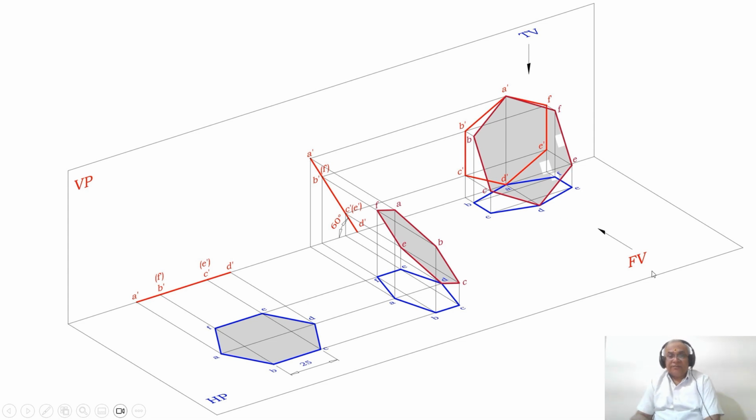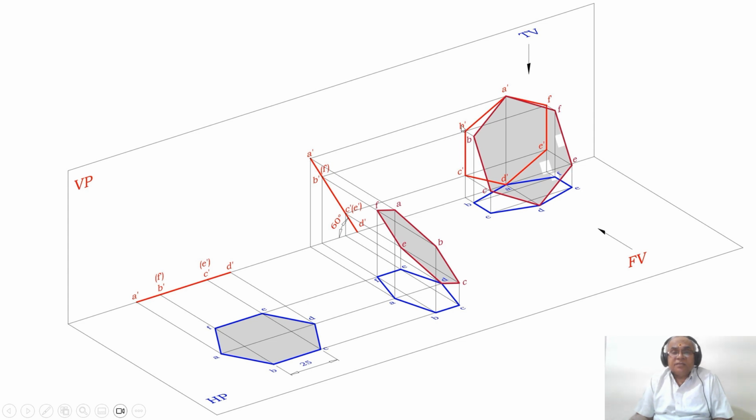And as you look from the front view, B is projected to VP, F is projected to F dash, C is projected to C dash, and E is projected to E dash, and of course D is there on the XY line. So then, as you look from the front view, you can see the horizontal hexagonal surface,